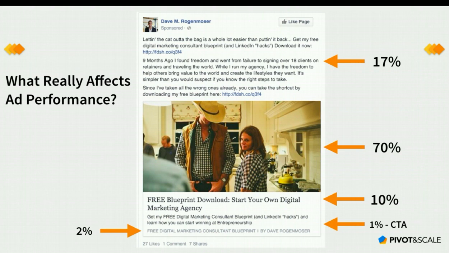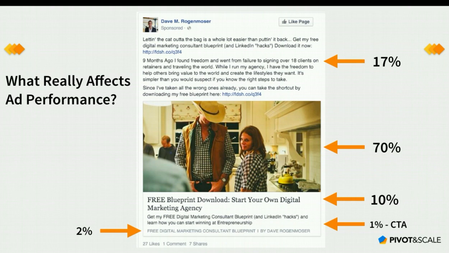Now, moving down the line, your headline has about a 10% effect on your ad here. The little bottom section, that display text, has about a 2% effect. And your call to action button, which we're just always going to use, learn more. This is going to be the call to action you guys are going to always use on all of your ads here. For whatever reason, that one just kind of wins out among all of them. It has about a 1% impact. And so literally just by changing the ad image, we can get up to 70% of the possible result boost that we can get